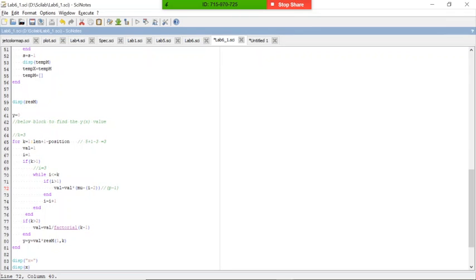p minus 1. First time it calculated p, and this time it calculated p minus 1. So it calculated the value of p, and it will come here.